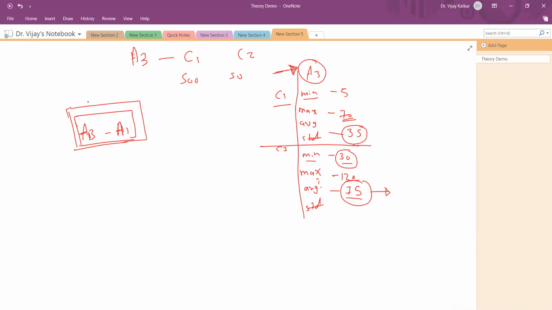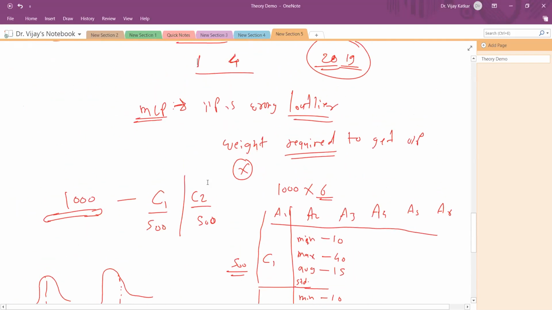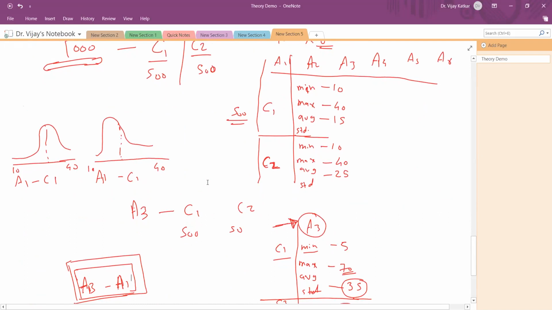Sometimes you are dealing with tricky classification data sets, and you have five attributes A1 to A5, and all of them are tricky. Pay attention: in something like this A1, the minimum value, maximum value, and average are almost similar across classes.